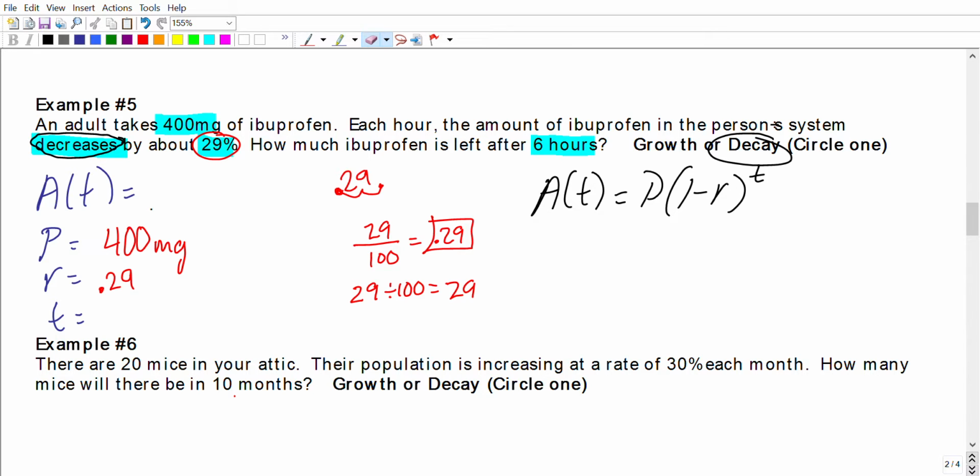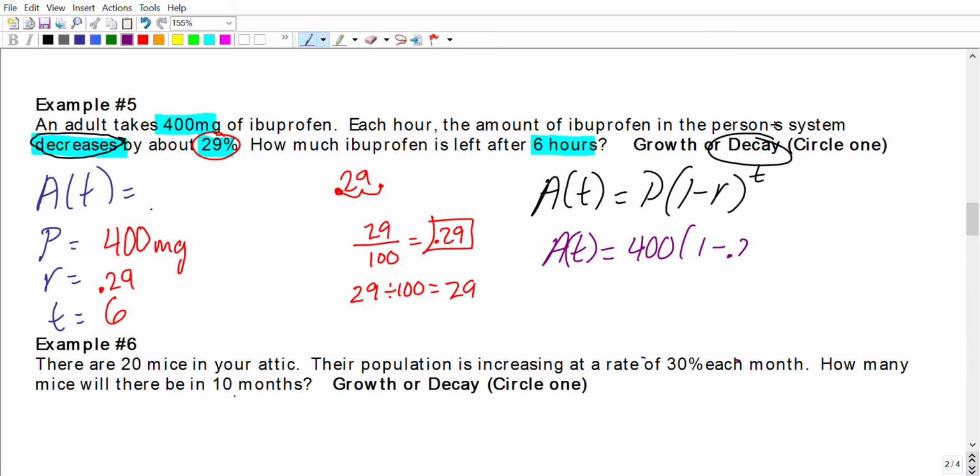Okay. All right. Let's go ahead and see what else we got here. It's asking how much ibuprofen is left after 6 hours. So that is our time. Whoops, wrong thing here, it's not 6 years, sorry. 6 hours is our time. Now the only thing that I don't have here is A of t, so I know that's definitely what I'm looking for. Let's write A of t equals, substitute